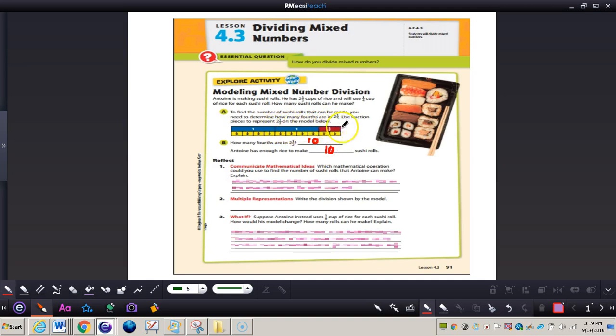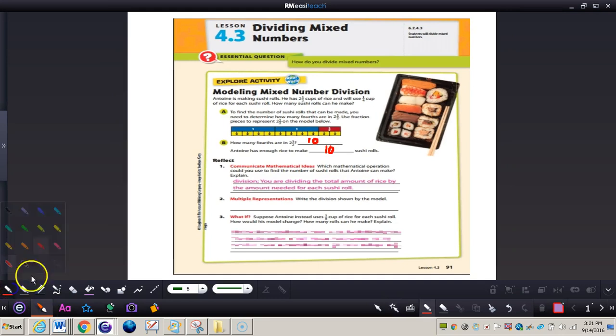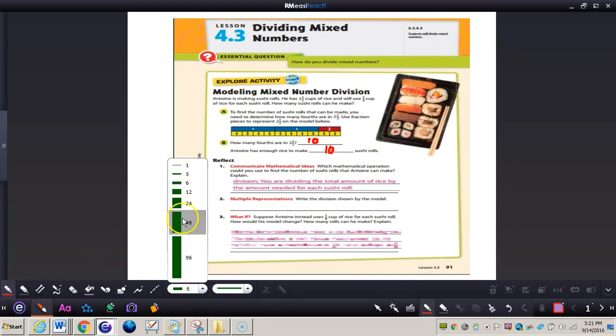Okay, so you can use fraction strips, fraction pieces. So you can see how that can be represented, 1/4 into 2½. Now let's take a look at the reflection part. It says, which mathematical operation could you use to find the number of sushi rolls that can be made? So we wanted to explain this. So you can see division. What we're doing is we're dividing the total amount of rice by the amount needed for each sushi roll. So the division problem that we can write is 2½